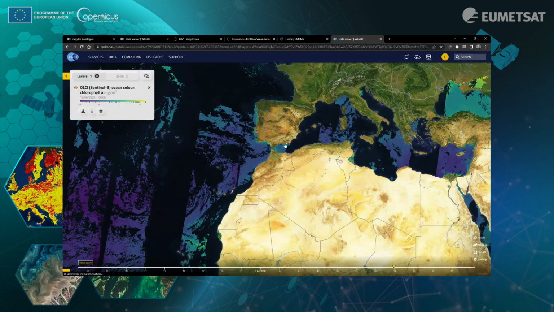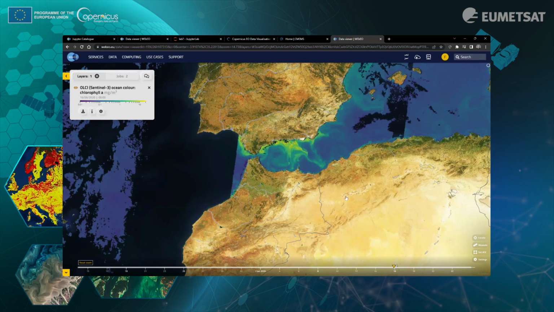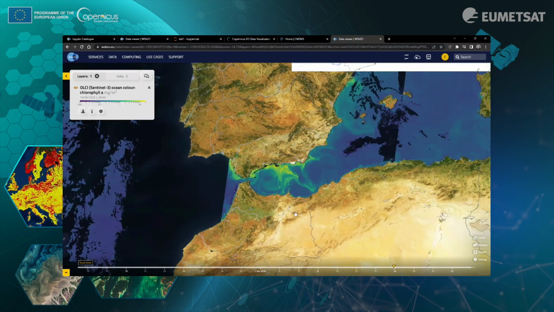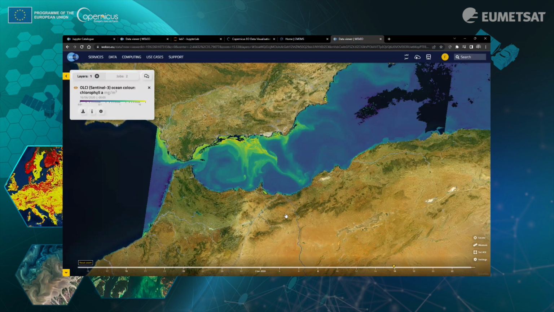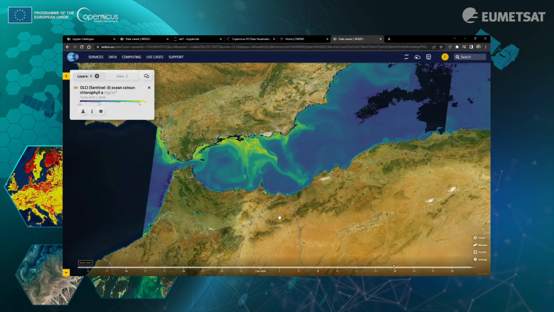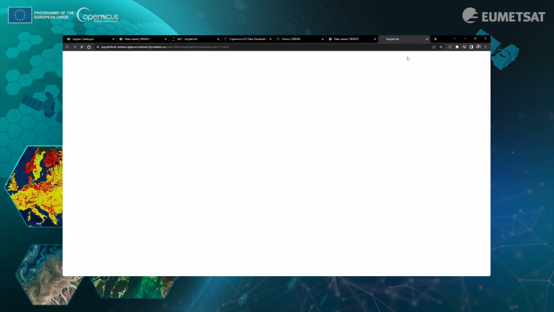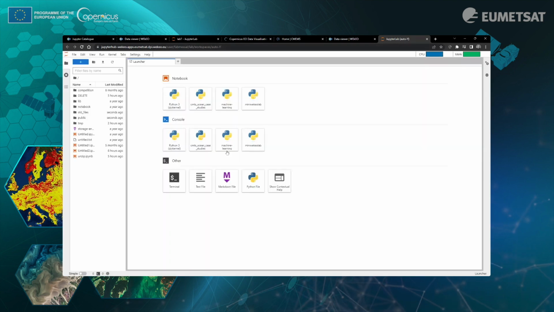I saw a sort of 80 here. Yeah, it's beautiful like this. So I need to play with this data, this image. So I would like to download the data and upload it and play with it on the Jupyter Hub, because once you are registered on the WEkEO platform, you can access the Jupyter Hub. It's accessible here. You just have to click. You will connect to your space.